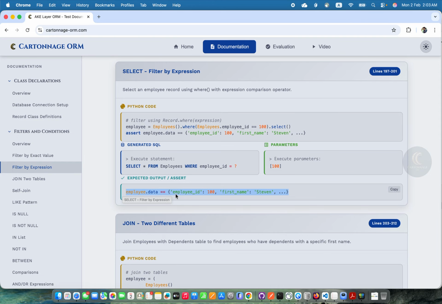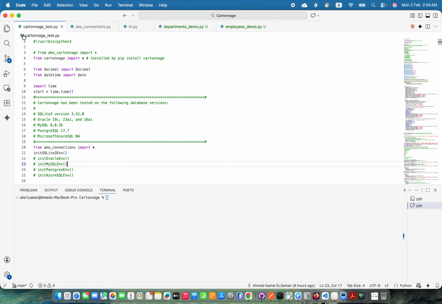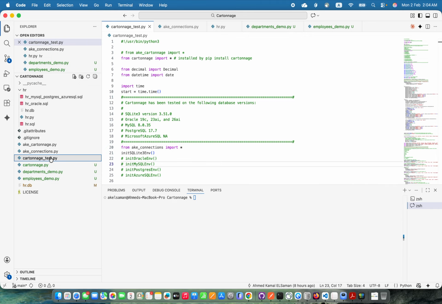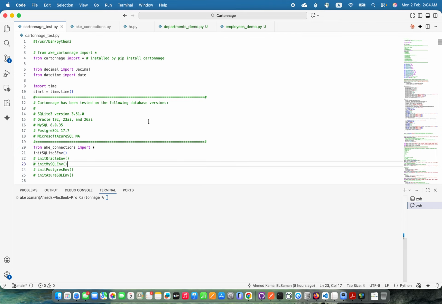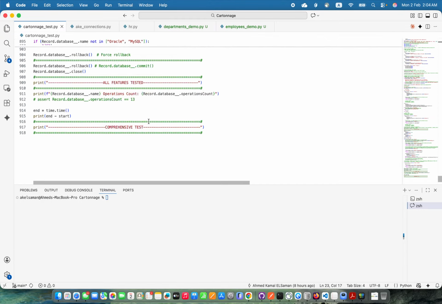This documentation is built on top of a comprehensive test file. This comprehensive test file I shared with you in the GitHub repo. You will find it here. This comprehensive test file is about 918 lines